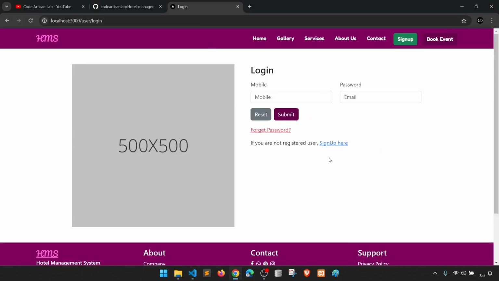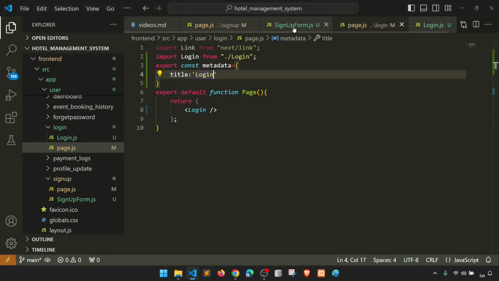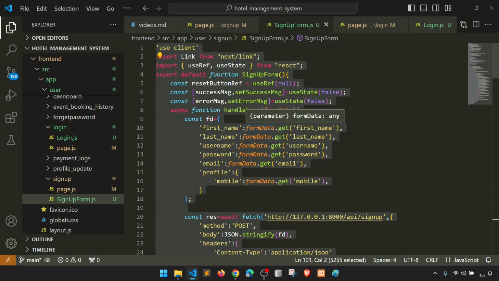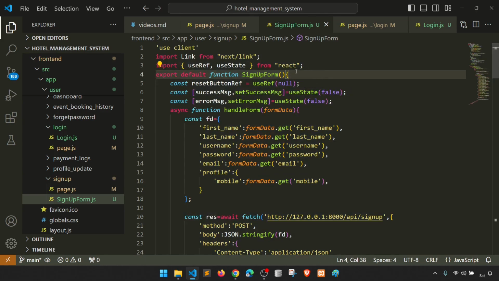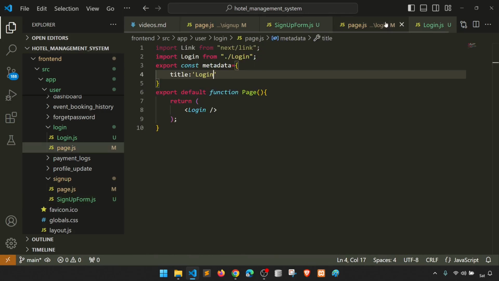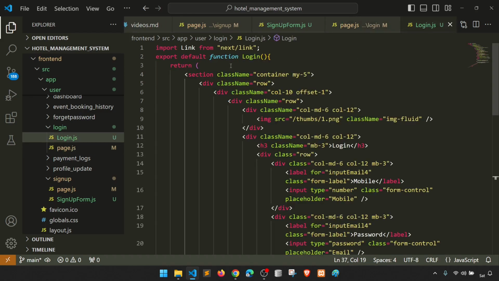Now we can submit the data same as we are doing in the sign up. So let's go to the sign up component. Here you can see, what we need to do, we don't need the user reference because we just want to redirect the user on the dashboard, right? So let's copy this one, all this functionality, copy this, and let's go to the login component and paste it